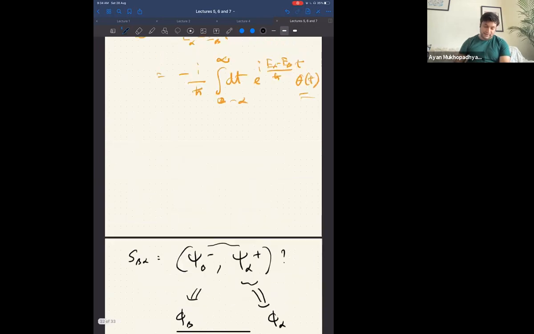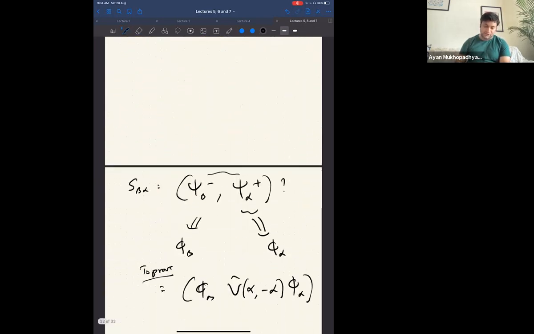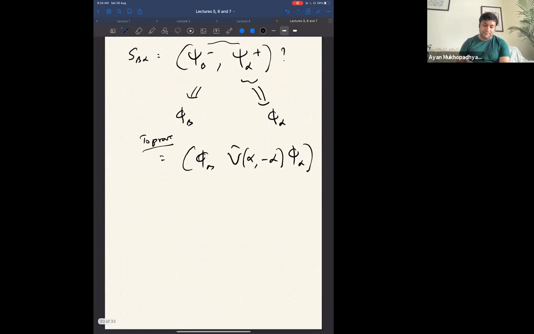Now, where it appeared last time was that we wanted to look at the time evolution of psi alpha plus at very early time. And we got this thing at late time. I'm not writing it, but it's understood as a vector, of course, as a ket vector. This is equal to,